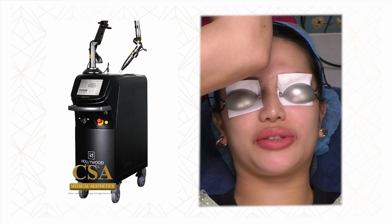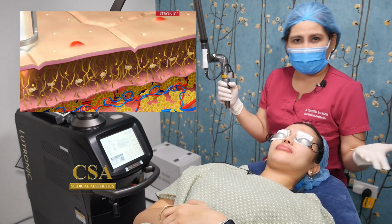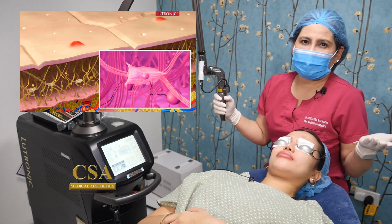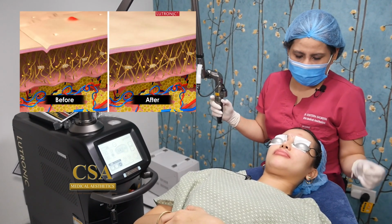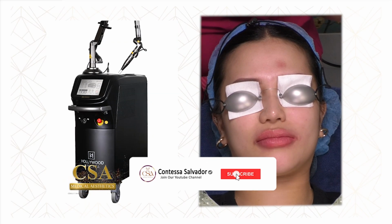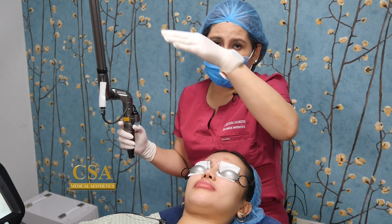So this one has a laser energy, Q-switch laser, that targeted the vascular condition, the vascular concern. So we wanted to get rid of the redness there, and we'll just wait for the result to be seen, okay? So this is a gradual improvement. A few days from now, we'll notice that the redness is decreasing already, and there's a healing. It has collagen stimulation also. And I'm looking at the skin layer, the surface. We were discussing a while ago that it seems like a little bit of a depression there,